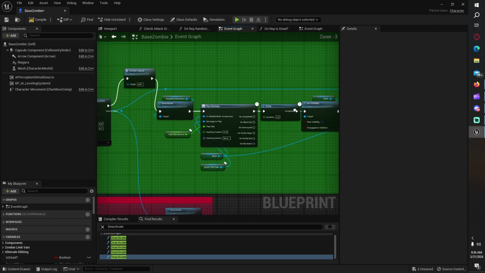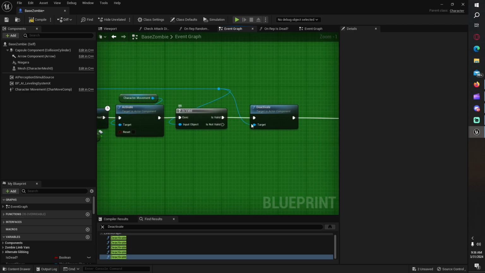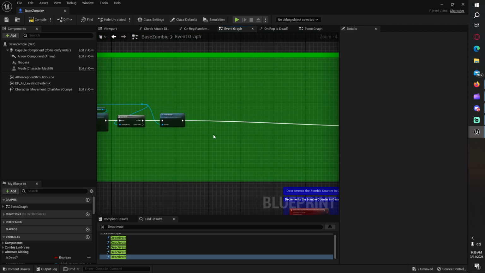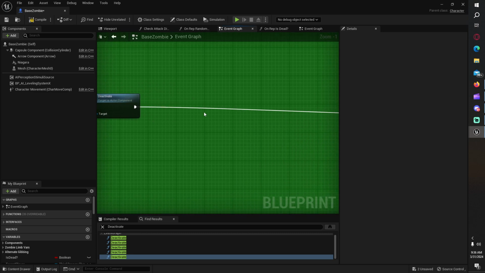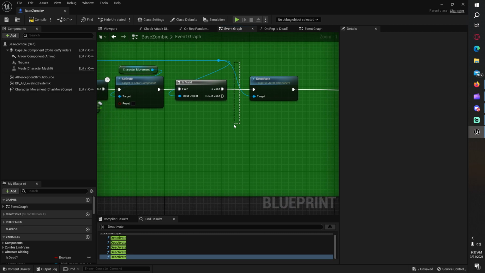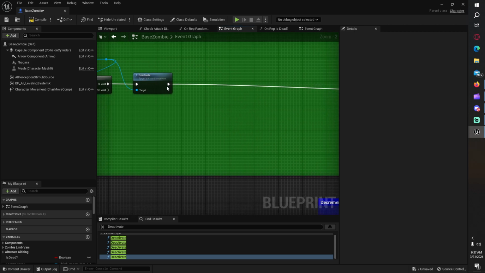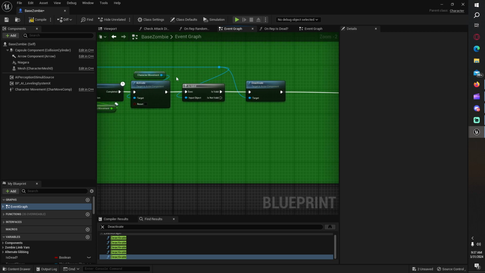So if that Niagara system component that's still running as they're climbing out of the hole is valid, then we're going to deactivate it. And then we don't want them to be able to continue here. Like, if I shoot them here, it doesn't matter the rest of the begin play. So you can still shoot and kill them outside of this, and that's why we do it this way, because